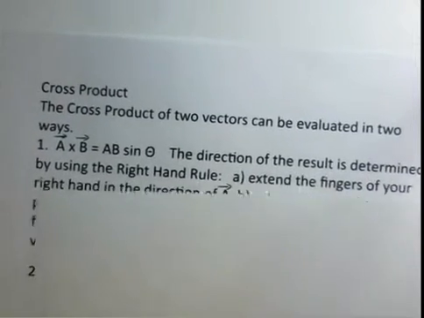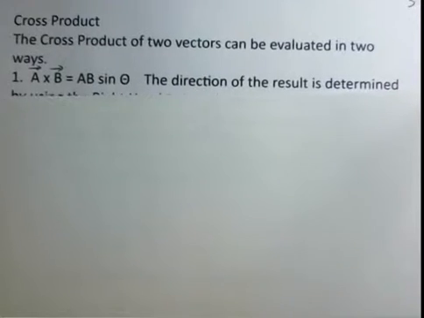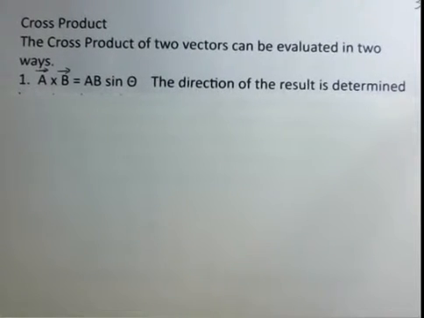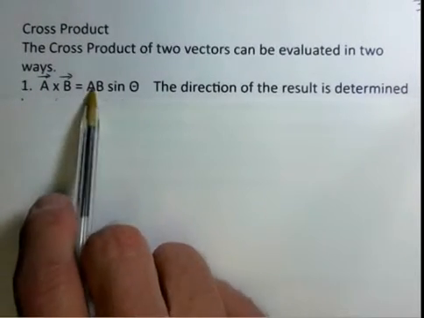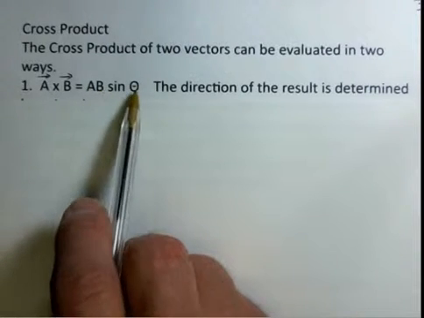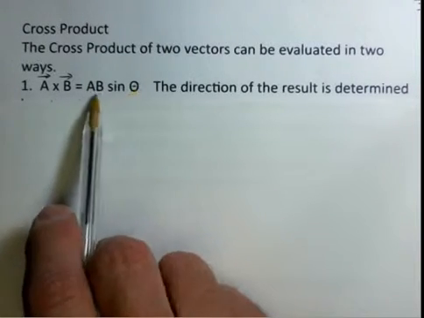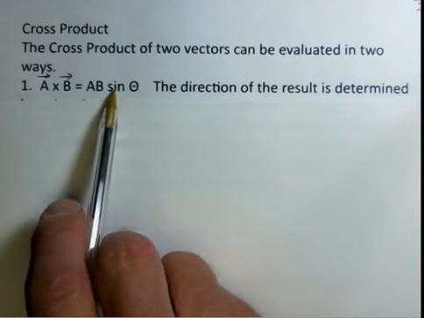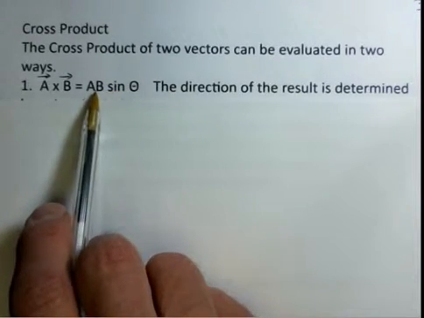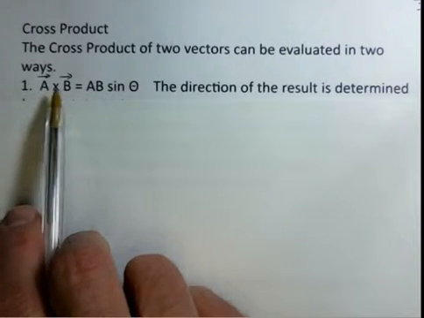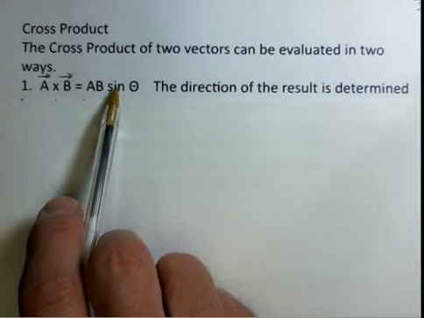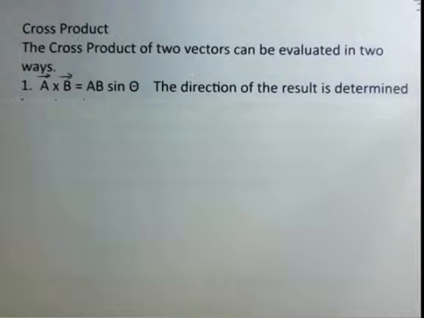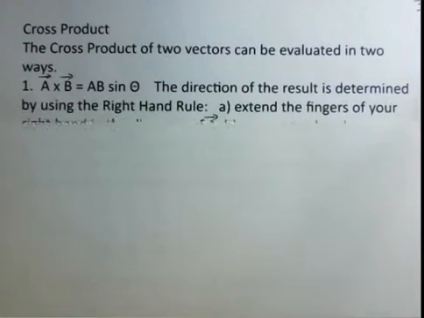Again, there are two definitions for the cross product. One of them, if we're going to calculate the cross product using magnitude of A times magnitude of B, then we multiply by sine of theta. This differs from the dot product. It was cosine theta there. It differs in another way. The cross product returns a vector, returns a direction, and will determine the direction, not mathematically, but with something called